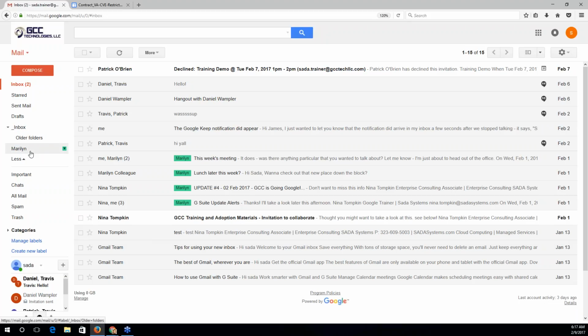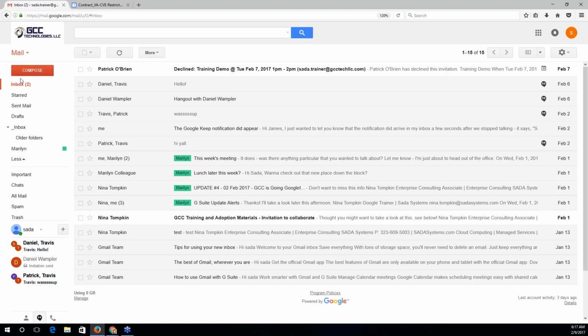Now there is a particular way you can deal with this. However, if you see this, please do not touch this quite yet. You have to wait for the green light from Patrick. But I'll talk to you in more detail about how labels specifically differ from folders and hopefully give you a bit of encouragement that labels may in fact be even more fun to work with than folders.